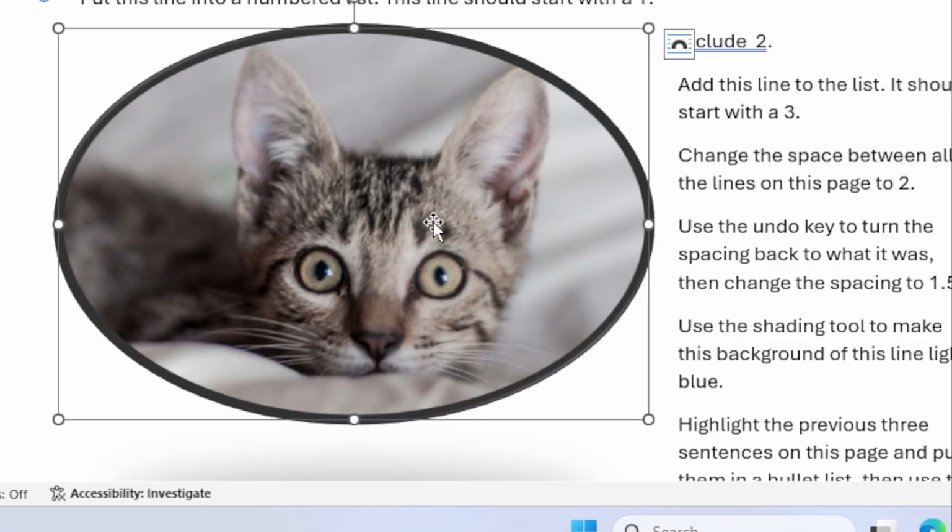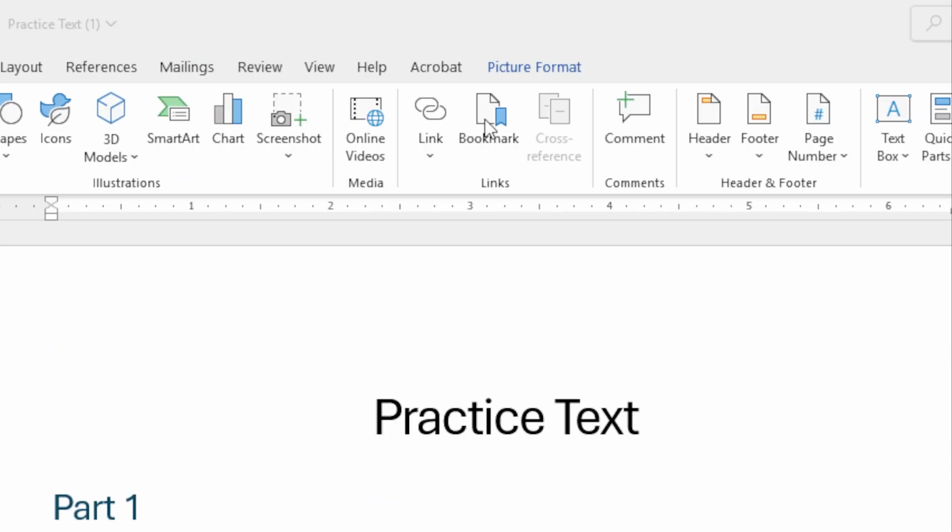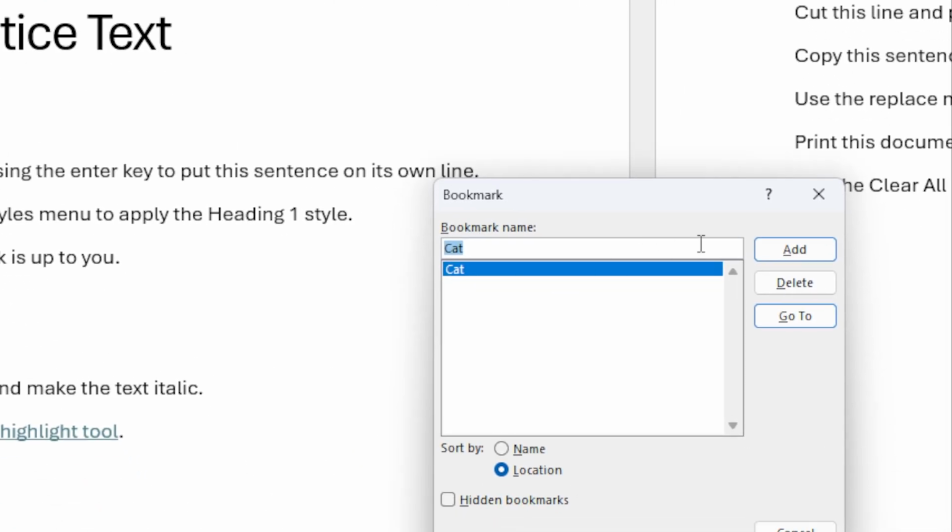The Bookmark tool lets you create custom locations in the text that can be linked or returned to. In this case, we have clicked the picture on our document and are using the Bookmark tool to create a link to that picture. We give it a name, then click Add. Later, when I use the Insert menu, I now have the option to link the illustration I bookmarked. You can do this with words, pictures, headings, and videos.